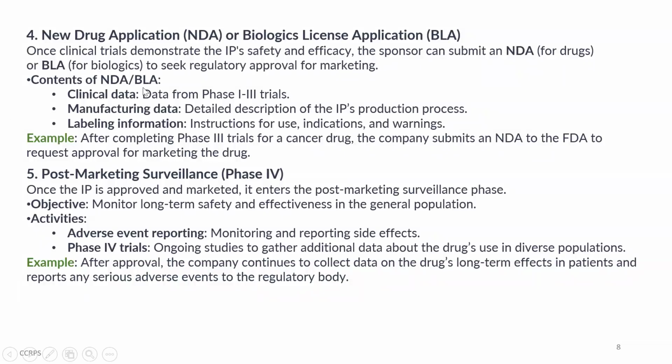Contents of NDA/BLA: clinical data, which is the data from phase 1 to 3 trials, manufacturing data, of course, a detailed description of the IP's production process, labeling information, instructions for use, indications, and warnings. So there's the difference. An IND, an investigational new drug application, prior to phase 1, in order to get the approval to do phase 1 to 3, we need the manufacturing information, the preclinical data, and the study